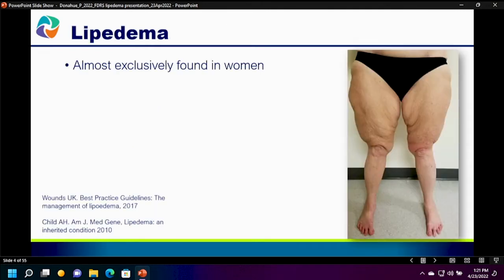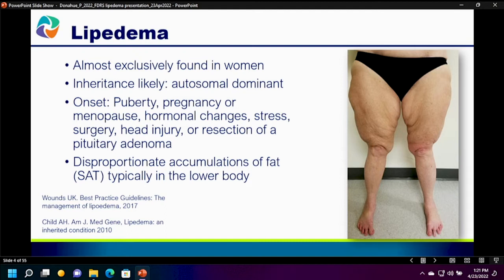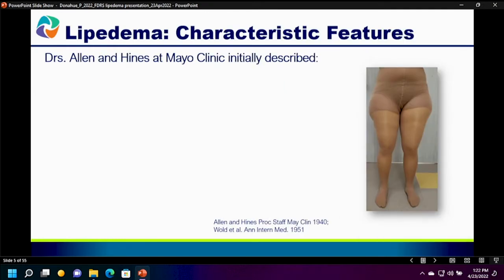So we've had a lot of great conversations about what is lipedema, and this isn't probably new information for any of us. I wanted us to all be on that same page. The most identifiable component that a lot of individuals see or notice or start to talk to their healthcare provider about might be what we call SAT, that subcutaneous adipose tissue. But at any point in the continuum of life, a female might notice something different about her body and the potential inheritance